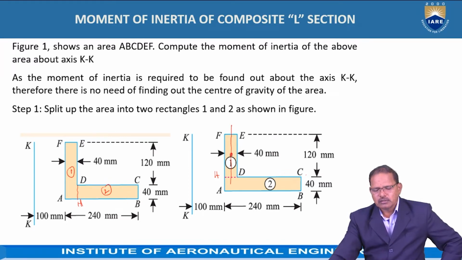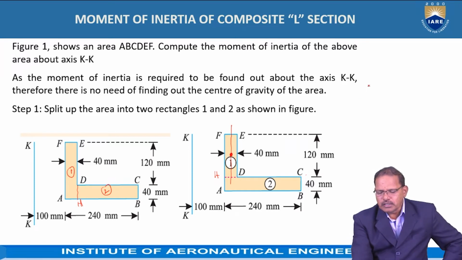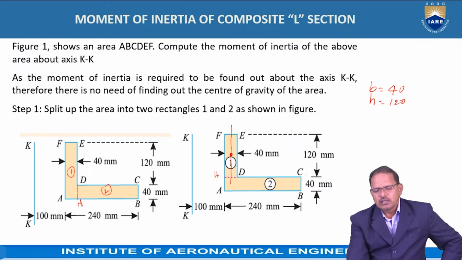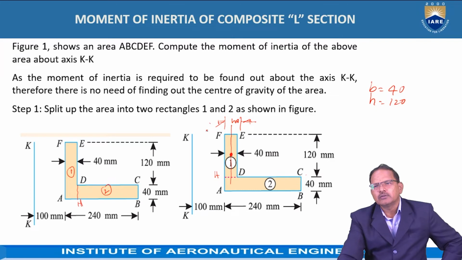For EFDH, the breadth is given as 40 mm and the height h is equal to 120 mm. Since the central axis is dividing the breadth into two parts, the moment of inertia of that rectangle about the central axis, which is parallel to the KK, is given by